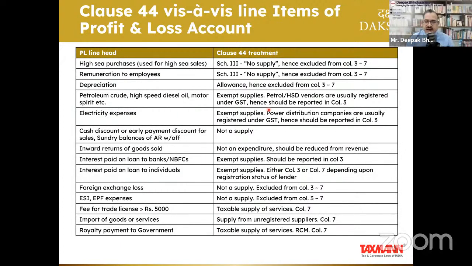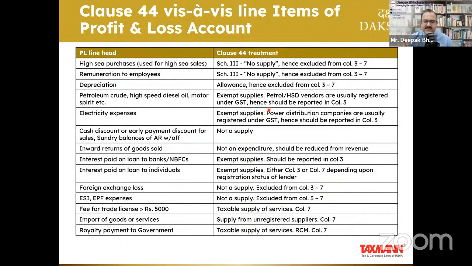Inward return of goods, I supplied something to you. Let's say after 5 months or 6 months, you supplied those goods back to me. But at the time of supply, rather than exchanging credit notes, you said, boss, I need not credit note, I will simply issue a tax invoice in your favor. I said, okay, no problem at all. So you issued a tax invoice. I claimed ITC on that, but that does not change the character of the transaction. It is still a sales return. If you kindly read the Institute's guidance note, not only on tax audit, but even the technical guide on 99C, you will also find the reference of this particular line item.